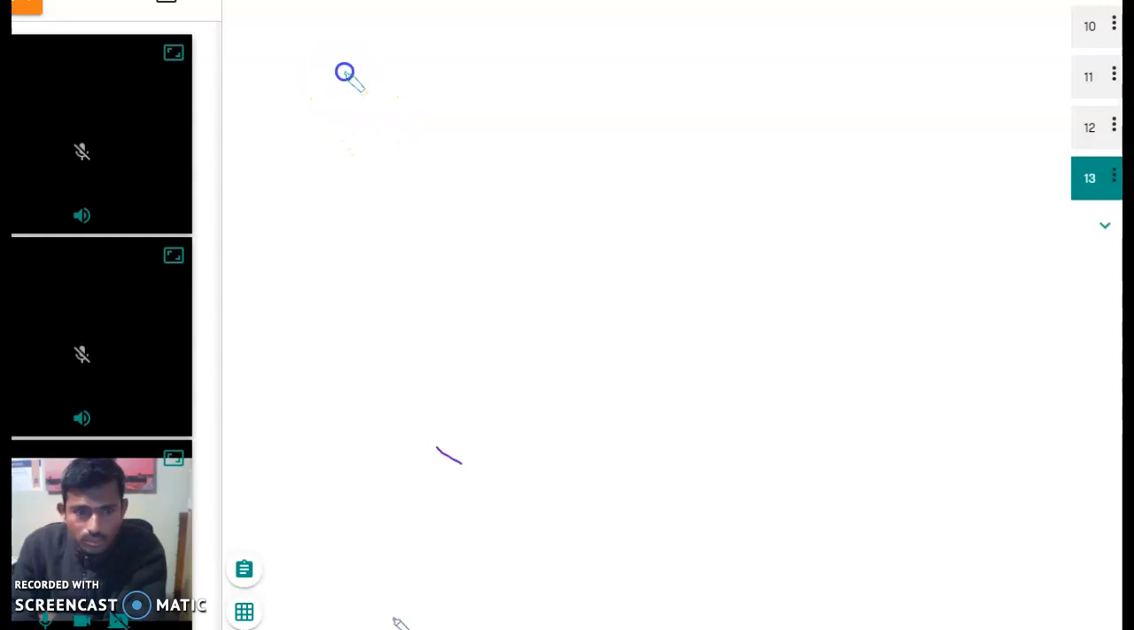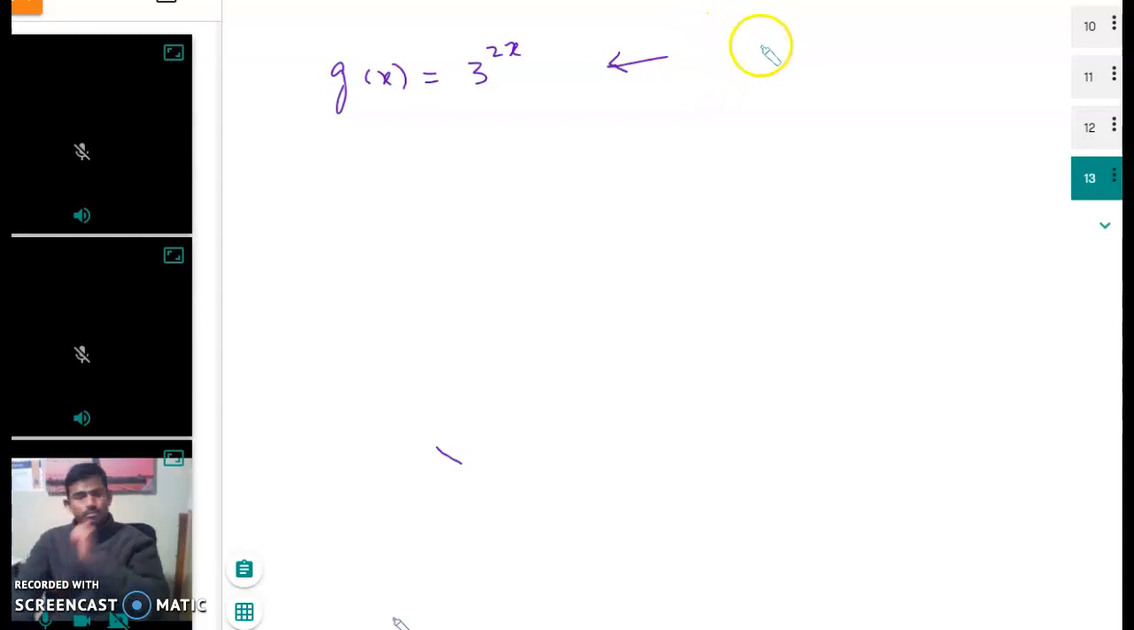Let me show you this function, g(x) equals 3 to the 2x. So what type of function is this? I don't know. When you look at different types of functions, you have a linear function,